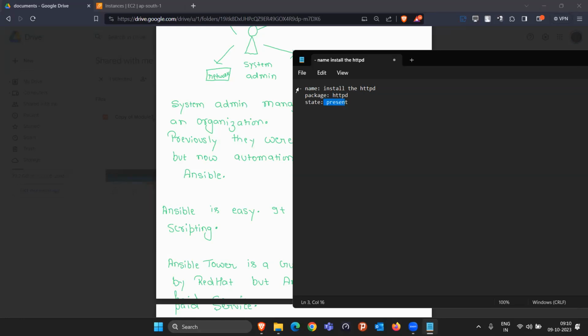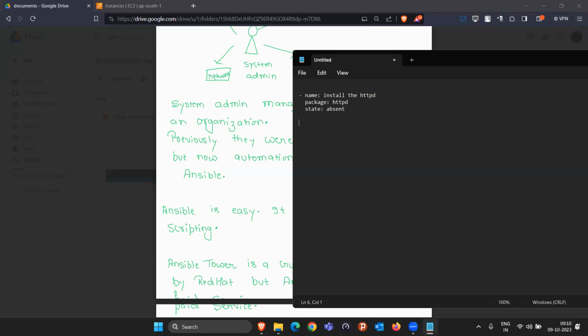And if I say you have to go to all the server machines, like in the top, if you type it again, all these commands will be understood. Currently, I'm just showing you what you do. If you write the package you want to install and state equal to present, it will install the HTTP package on all 100 servers connected with your Ansible. Tomorrow, if somebody asks me to remove the HTTP package from all 100 server machines, I just have to do one change. I make this present into absent. That's it. Now it's Ansible's duty to run whatever command is related to uninstalling the software. We don't have to worry about it.